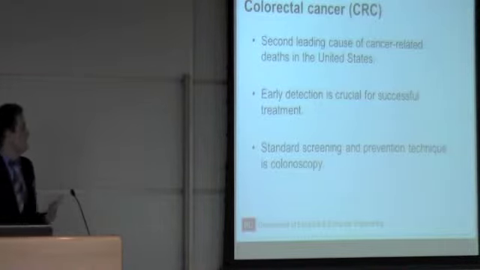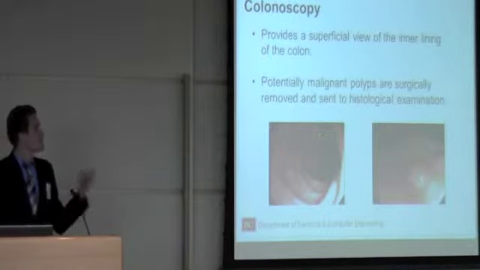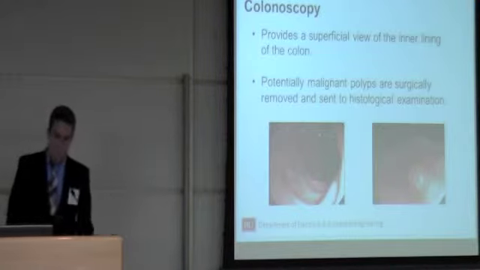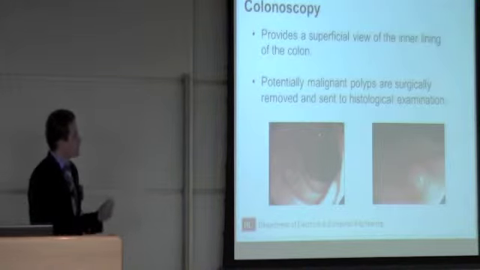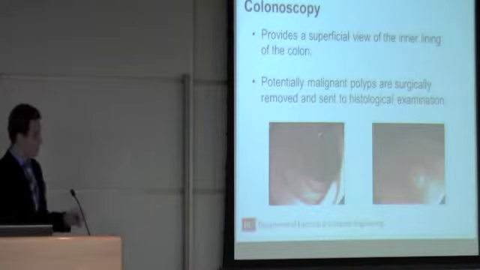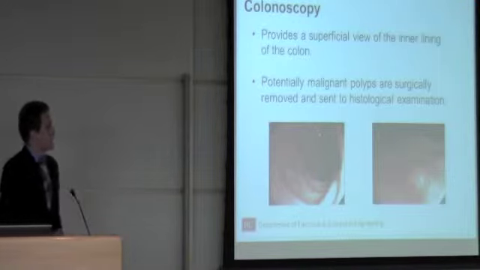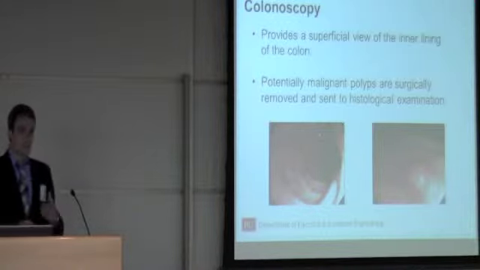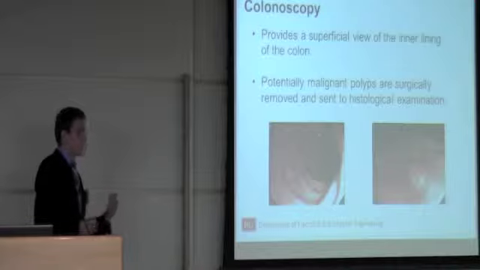Now, the standard screening and prevention technique is colonoscopy. And colonoscopy provides physicians with a superficial view of the inner lining of the colon. Now, the challenge is that what physicians can see in colonoscopy is abnormal growth, which is called a polyp. And you can see an example of a polyp here in the image on the right. The challenge is that the majority of the polyps in the inner lining of the colon are in fact benign. Some of them are potentially malignant, but